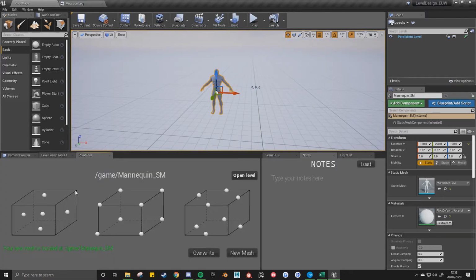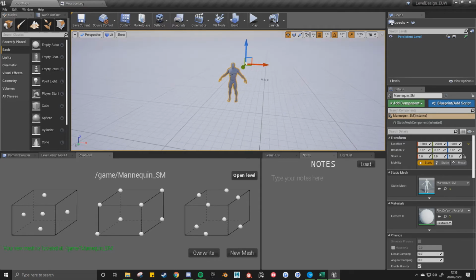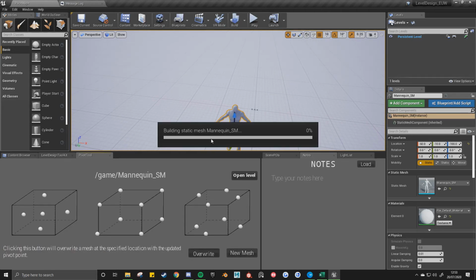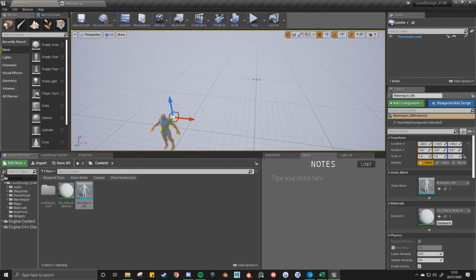And you can also place your pivot with Alt and the middle mouse wheel without using the pivot tool, and then just place your pivot point on 0, 0. And then if I just do overwrite again and place it in, you see it's still got its new pivot point